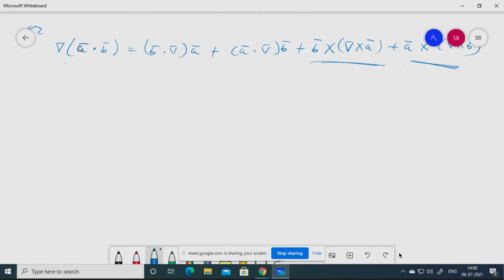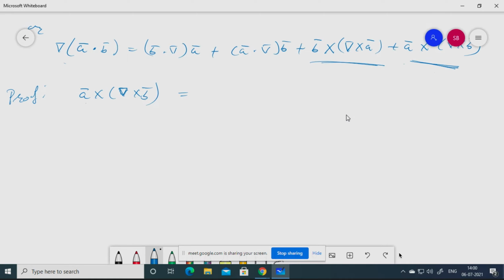Yes, ma'am. Here we are not going to consider the LHS part and prove the RHS part. From the RHS part only, we will take a few terms and solve it. So you calculate A bar cross del cross B bar. Now you have a cross product here between three vectors. A bar is a vector, B bar is a vector, and this operator is also in vector form only. Is it or not? Yes, ma'am.